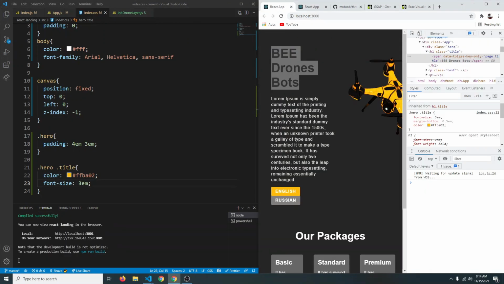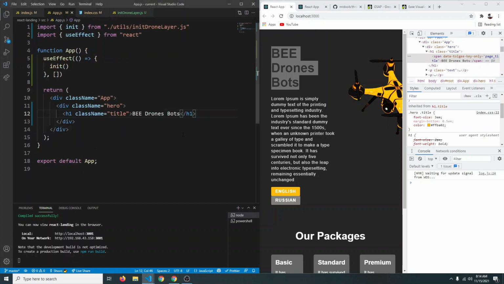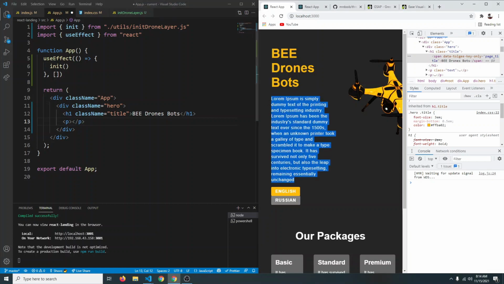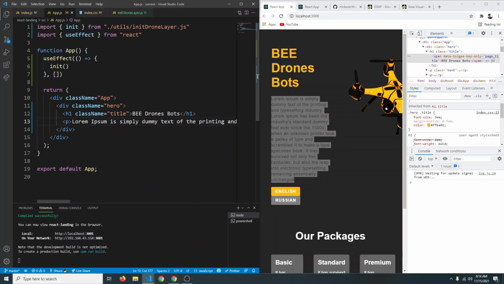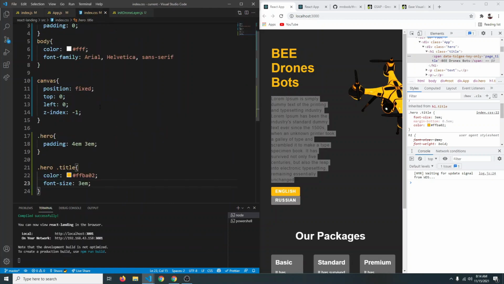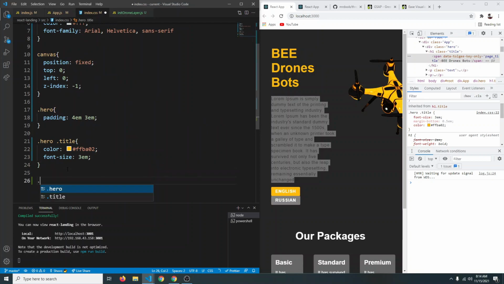So after that we have this paragraph text, so let's do that. So we're going to have a paragraph element, so P, and inside the paragraph element we are going to copy this text, so Control C, Control V. Save it. Let's give it a class again, so let's just give it a class of text. Save it. Go to our index.css and let's say .hero .text,